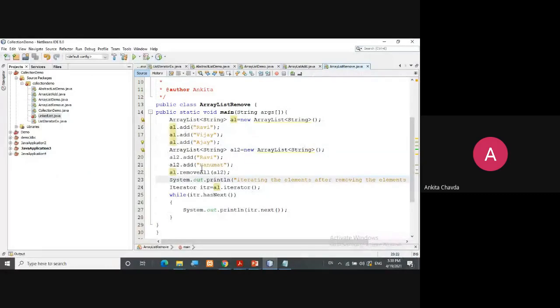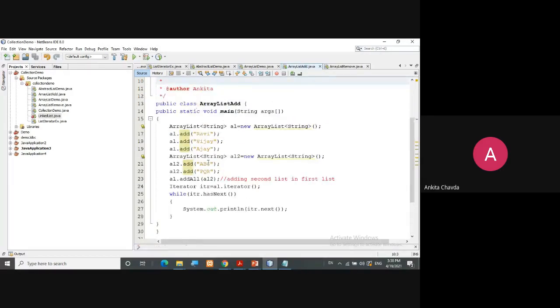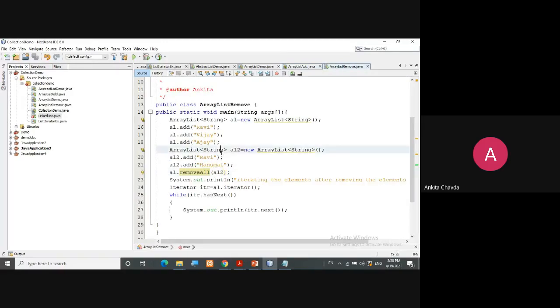Here you are creating two different lists, and addAll and removeAll are what you use whenever you have more than one list. It is not used for a single list. You use these two when you have more than one ArrayList. That is the first thing.